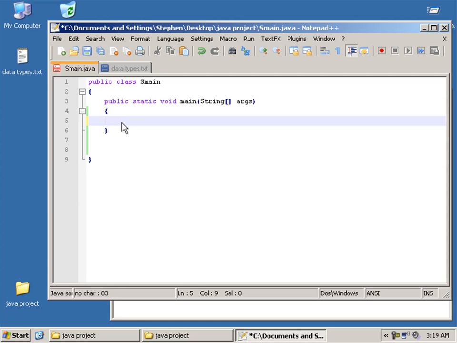Arrays. Sorry to switch about here. An array is a way of applying more than one value to one data type, to a single data type, which we can name players. So we have an integer value of players, and then we can say, which these symbols here define this as an array. We can say equal